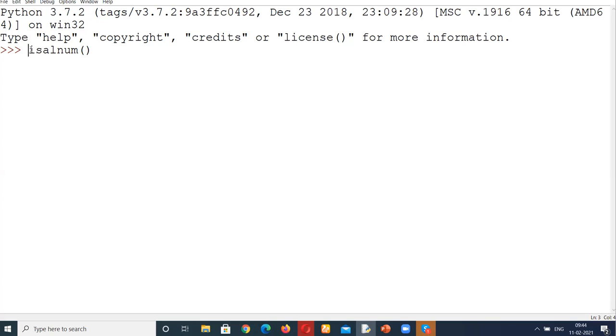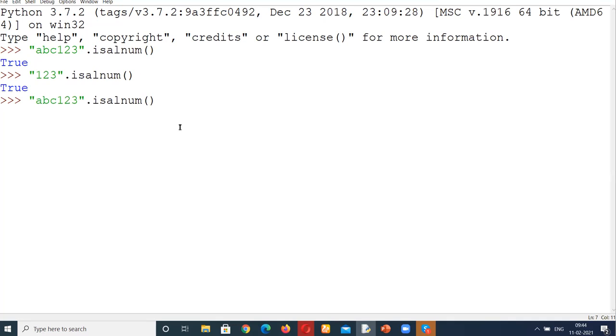It means if it is alphanumeric, it is going to give you true as an answer. Otherwise, it will give you false as an answer. So we are going to check a few plus and minus with this. Suppose I have a string, for example, I am writing here ABC123 dot isalnum. This is how we are going to check. See, it is giving me true as an answer. If I am only writing 1, 2, 3, because this is a numeric part, again it is true. Similarly, I'm using ABC123, working perfectly.